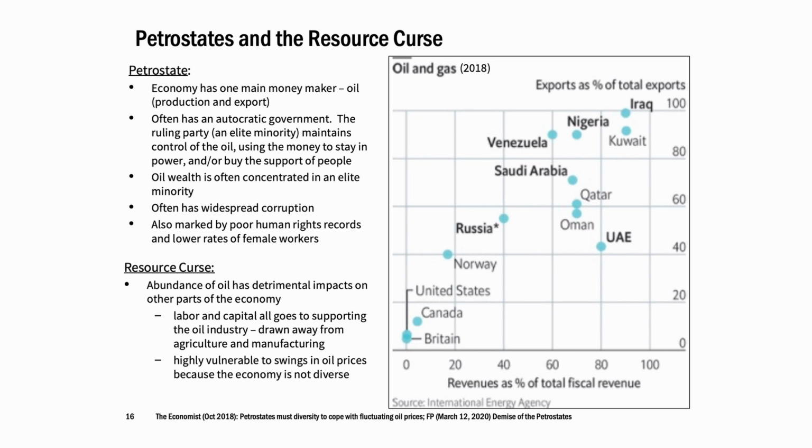And so one of the terms that's kind of been put to this is resource curse, which basically is just saying that abundance of oil doesn't mean that your country is doing well for everyone. It can be just really supporting a wealthy few and not everyone. And we've seen challenges of that in places like Nigeria, where there's a lot of oil theft in terms of the broader society.